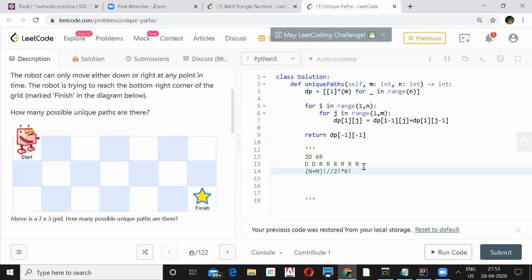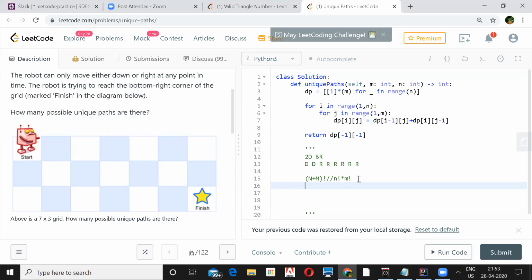So if this problem contains obstacles, like you would find similar problems with obstacles, then this approach would not work, and the DP approach or DFS approach would work. But since this is a simple problem, you can just rearrange the letters and find how many there will be. So this would save space.